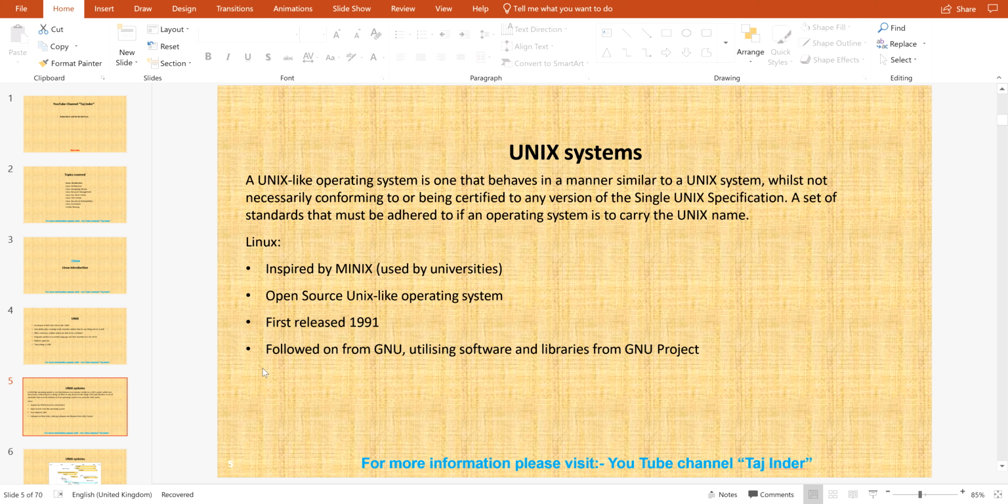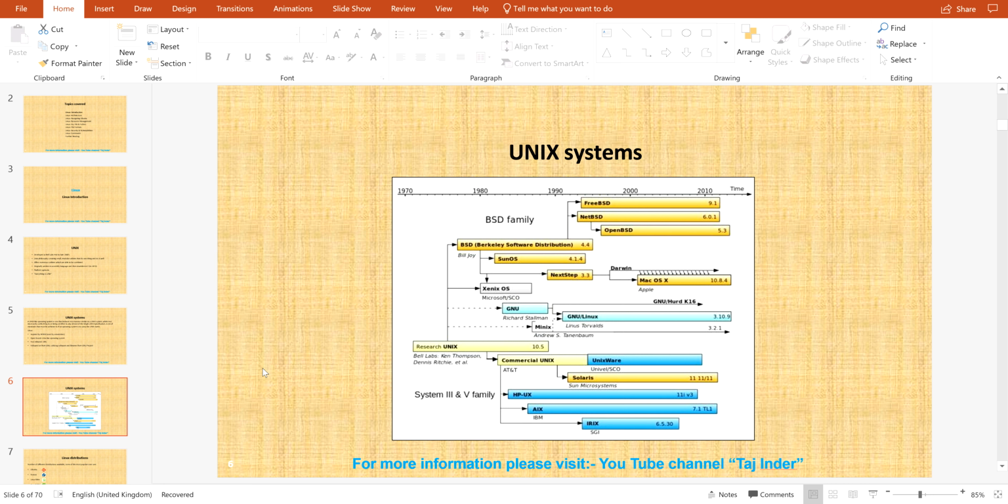Okay, the first release of Linux was in 1991, followed by the GNU utilities, software and libraries from the GNU project. So this is the basic infrastructure for the Unix system. As you can see on the top, there is a timeline: 2010, 2000, 1990, 1997. So if you see here, Unix, and then if you go further down, you have